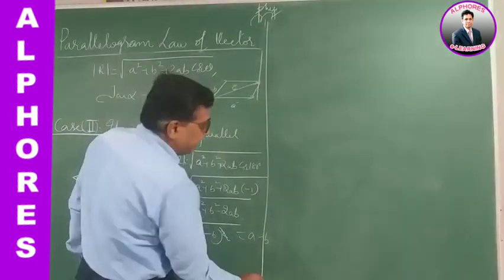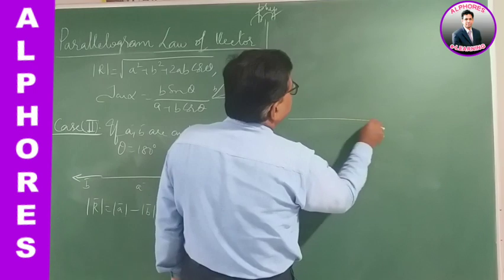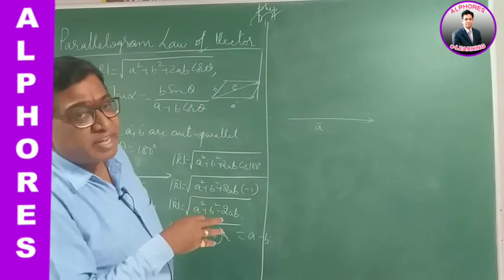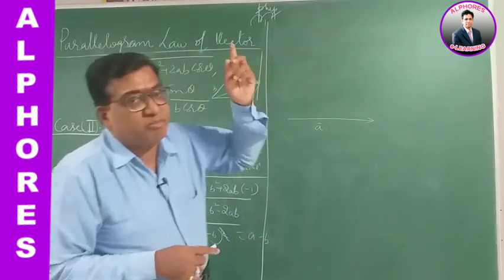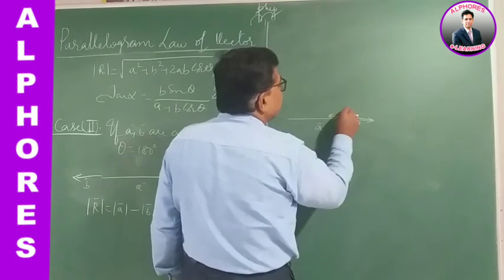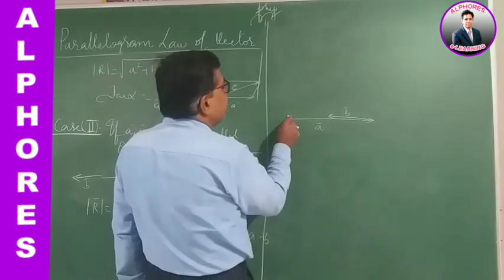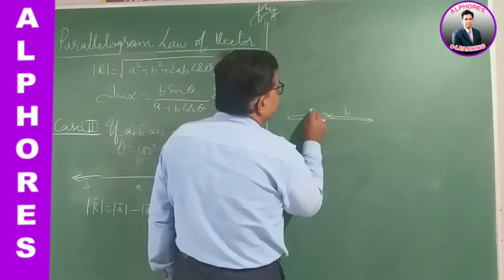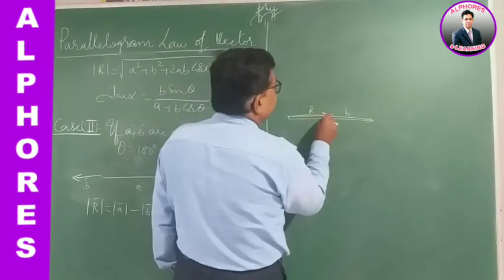Now how about the direction? Let's go by the same triangle law. The first vector is represented as A bar. The second vector is now connected to this. The terminal point of the first is connected to the initial point of the second. So the second vector is B bar like this. Then the closing side, the line joining the initial to final, represents the resultant vector. So therefore the resultant is like this.